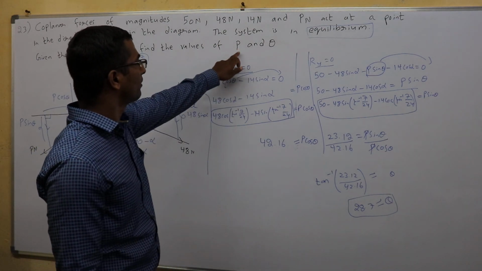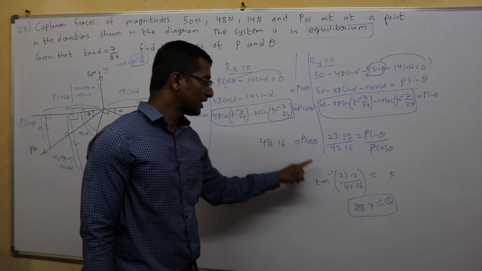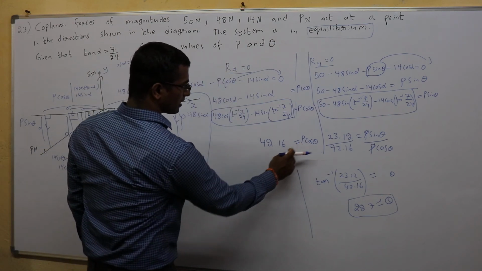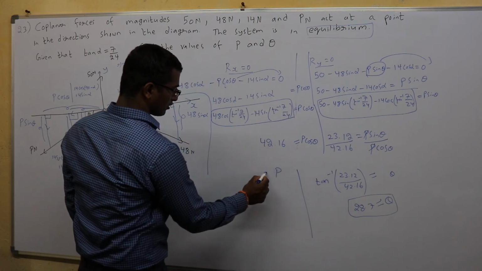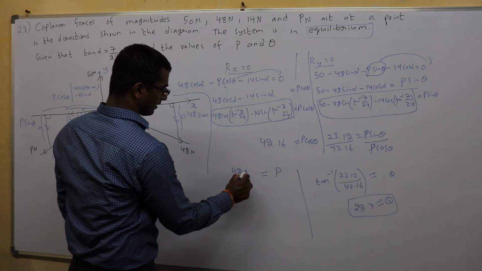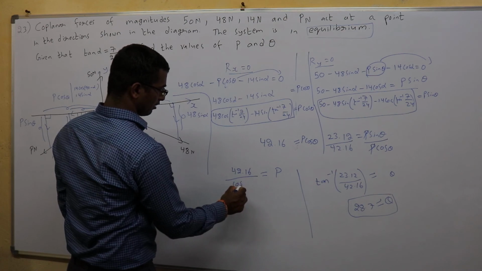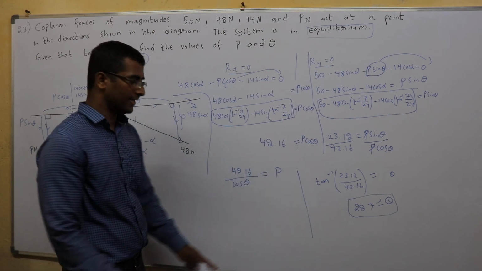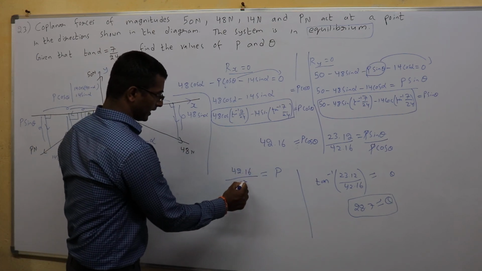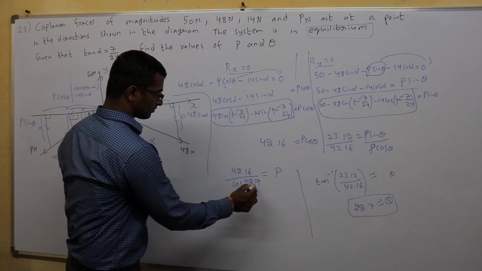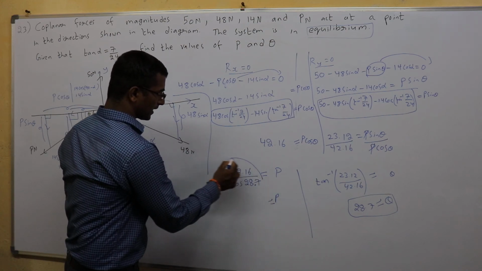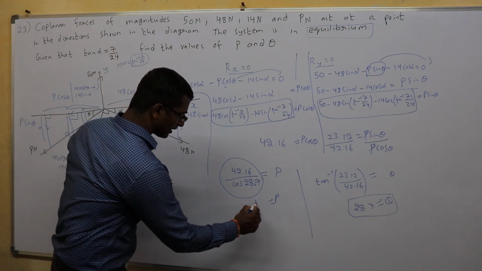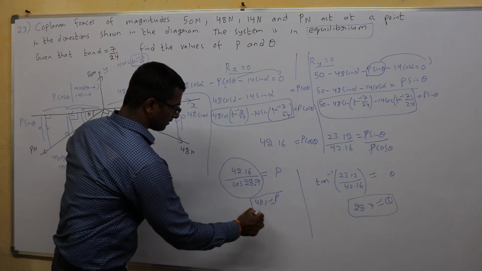Now, I even need to find the value of P. So use this theta here to get P. So send cos theta to the other side. So P equal to 42.16 by cos theta. Right? Now replace theta which we found earlier, which is 28.7. Put in this thing, keep it in the calculator. You get the P value to be 48.1 is our answer.